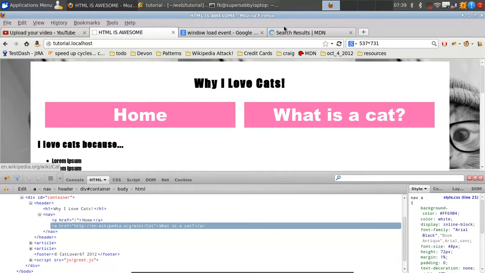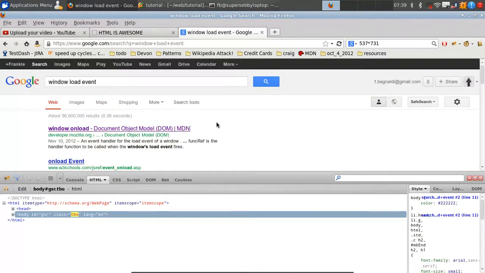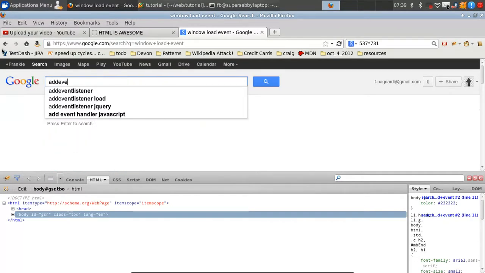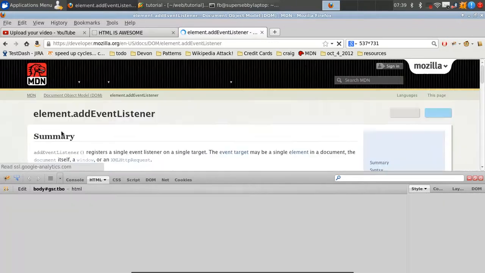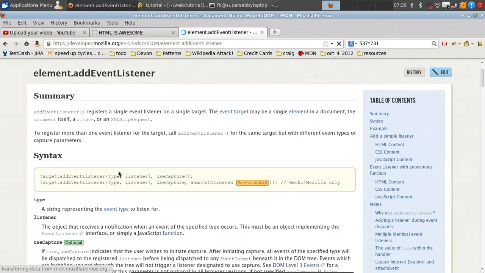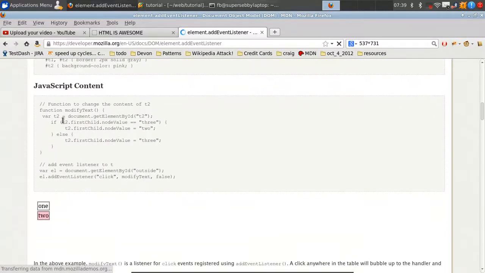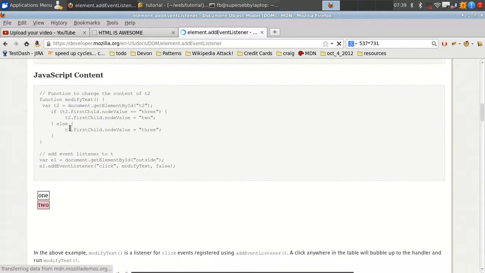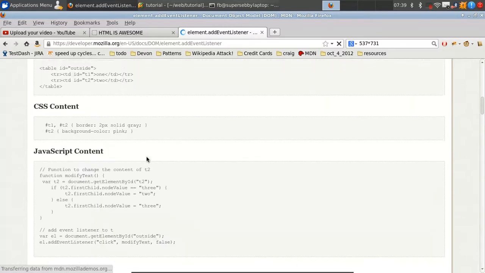And what we're going to do is see if this is loaded. I'm just going to do a new Google search for window.addEvent or add event listener. There we go. And now we have our MDN link for that. So you give it a target. Here's an example here. So you find an element, and then we do add event listener. We give it the type of event, and this is actually what we're going to do. We're going to do a click event, and you give it a function you would like it to call,